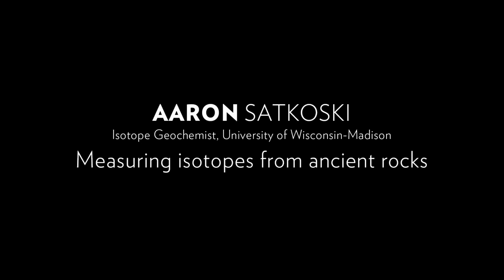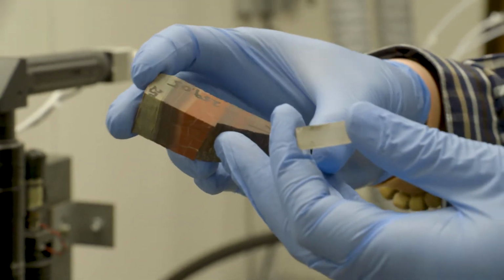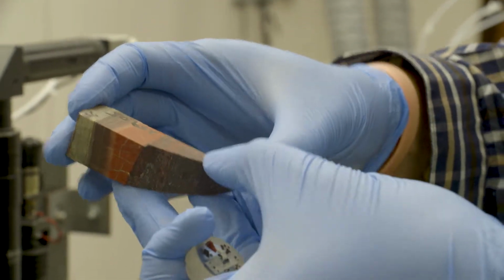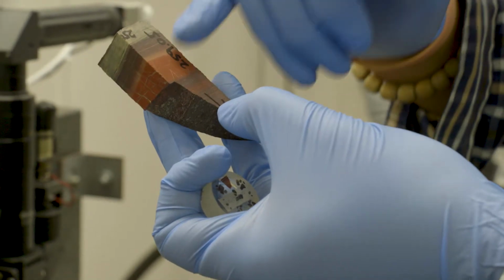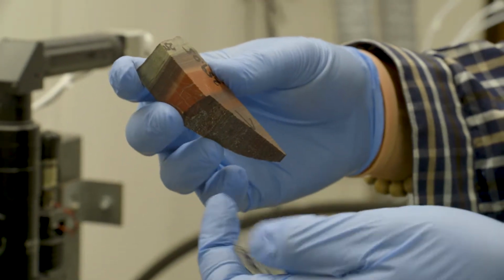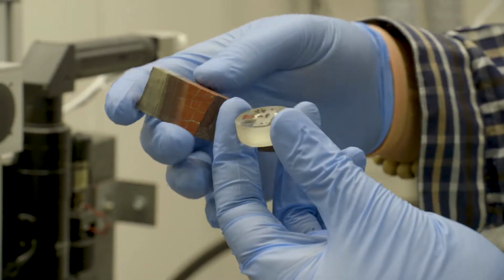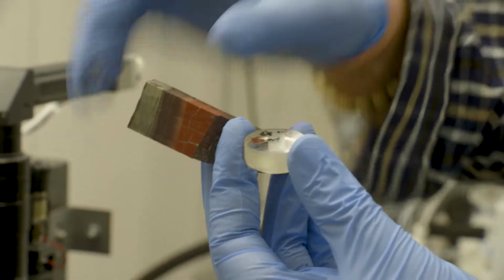So this is a piece of core that we've collected from South Africa that's approximately 3.2 billion years old. And it consists of many different layers. And the different layers can tell us different things about the environment in which the sample was originally deposited 3.2 billion years ago. To get at those answers, we will take small chips of the rock out of here, we